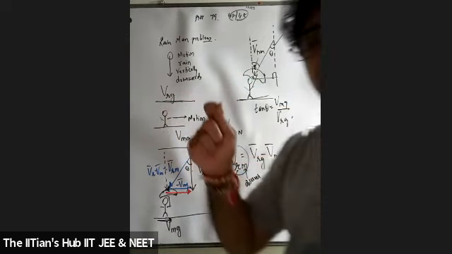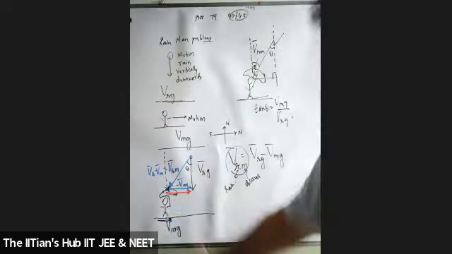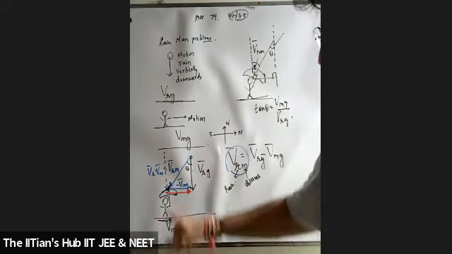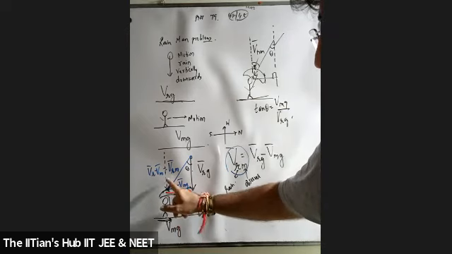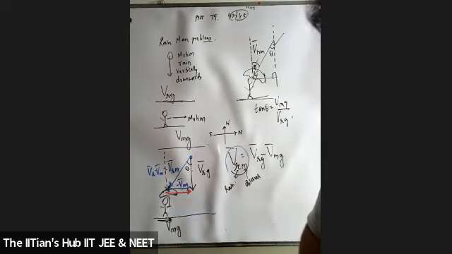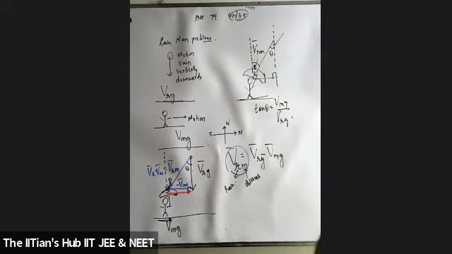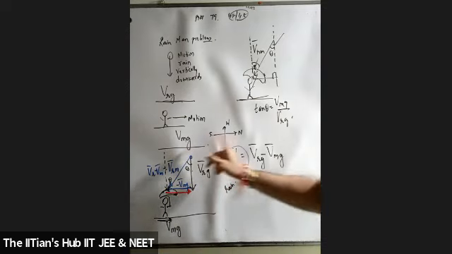If he's at rest, he's going to keep the umbrella exactly onto his head. But now suppose he's in motion, how exactly should he hold his umbrella? The question asks how exactly he should keep his umbrella, at what angle with the vertical? That means we need to find this angle theta. So how do I consider in this case? We know the velocity of this particular man moving from south to north.